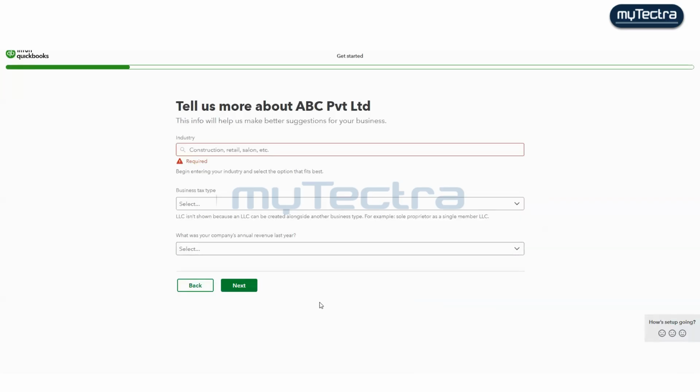So here you can see everything is done actually. This is the next process that you were doing. I have done everything. Even it asked me the credit card detail, I put the credit card detail also. After that, it asked me to tell about the organization name. So here we are creating the organization. I just created the organization name, ABC Private Limited. That's it.